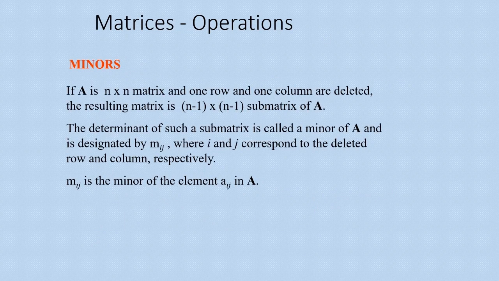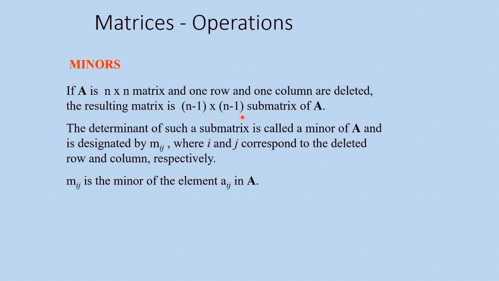Before understanding how to calculate determinant of 2 by 2 matrix or 3 by 3 or n by n matrices, let's understand two important terms, minors and cofactors. Minors. If A n by n matrix है और इस matrix से एक रो और एक column delete करें, then the resulting matrix is n-1 by n-1